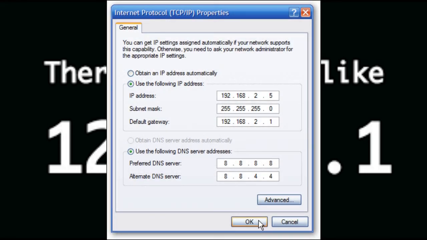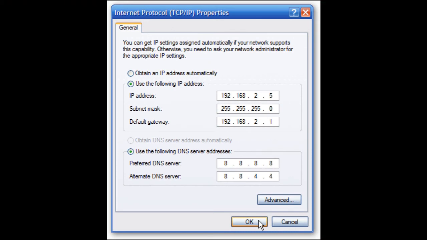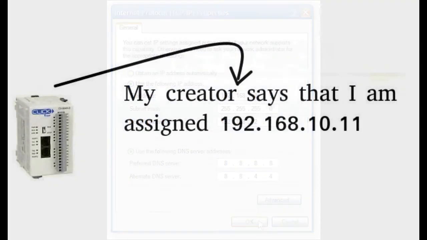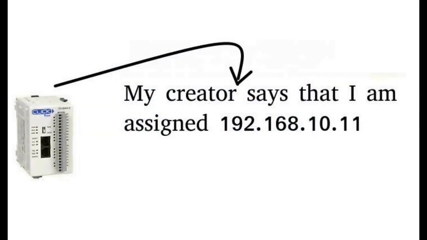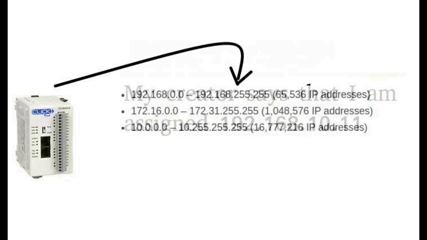So you will need to go into your network settings in your computer, select the manual address configuration, and assign to your computer an IP address that is in the same subnet as the PLC module that you are trying to communicate with. The module is going to have an IP address that falls within any of the IANA private addresses. For example,